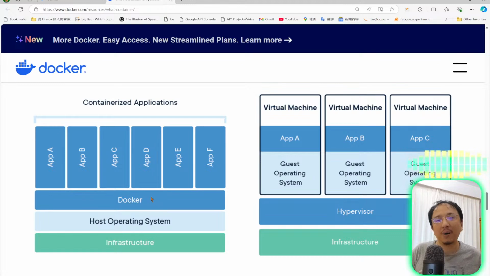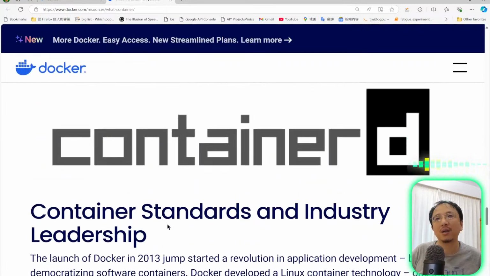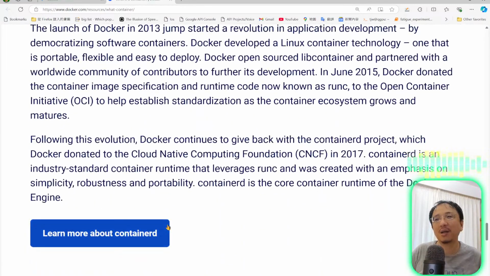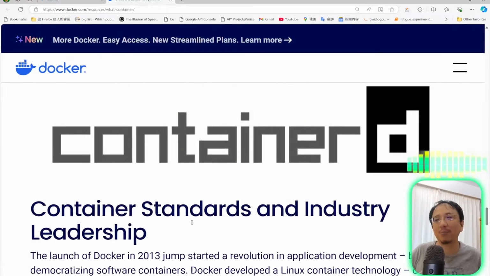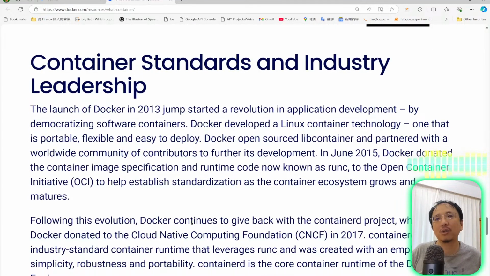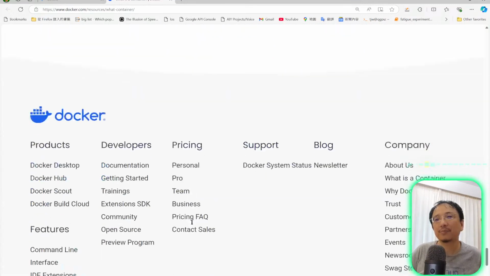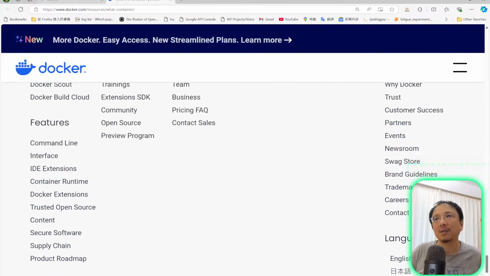So Docker is not the only one that uses these features. Like there's also containerd, LXD, and other things. Containerd is probably used by Docker, and it used to use LXD. Maybe I can ask the AI a moment later. Okay,